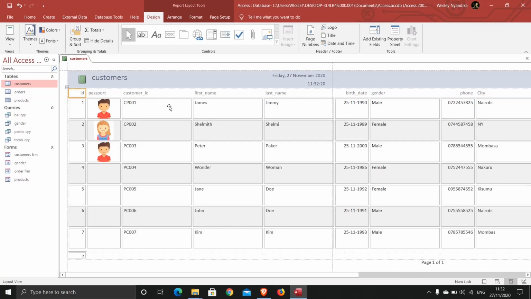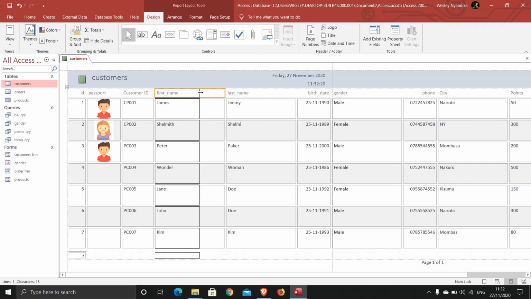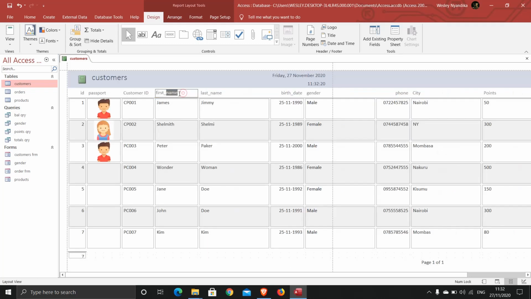Then the customer ID here, this column is too big. So again, just do that and auto resize it that way. And we can also change these headings here or the labels by simply clicking or double clicking on them and customizing them how we want. Again, the first name here looks a bit big also, so just compress a bit, and again double click on this, rename it, just make it nice.